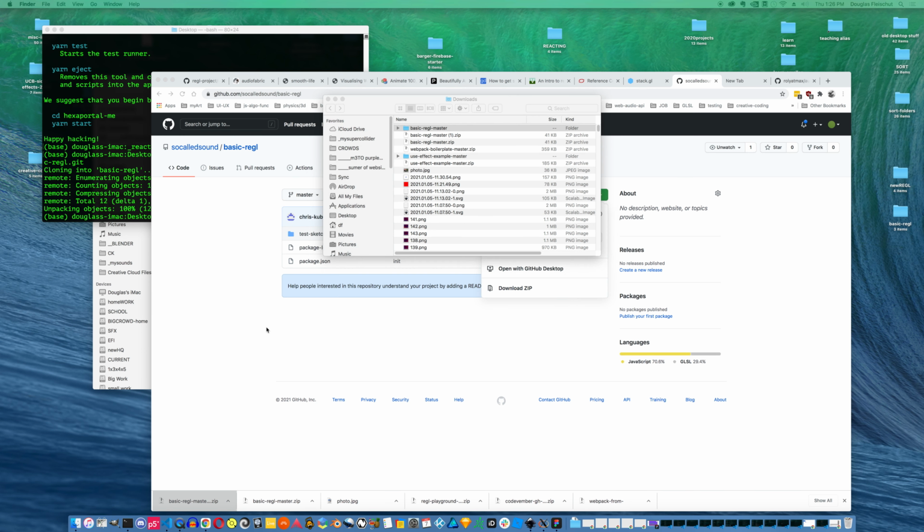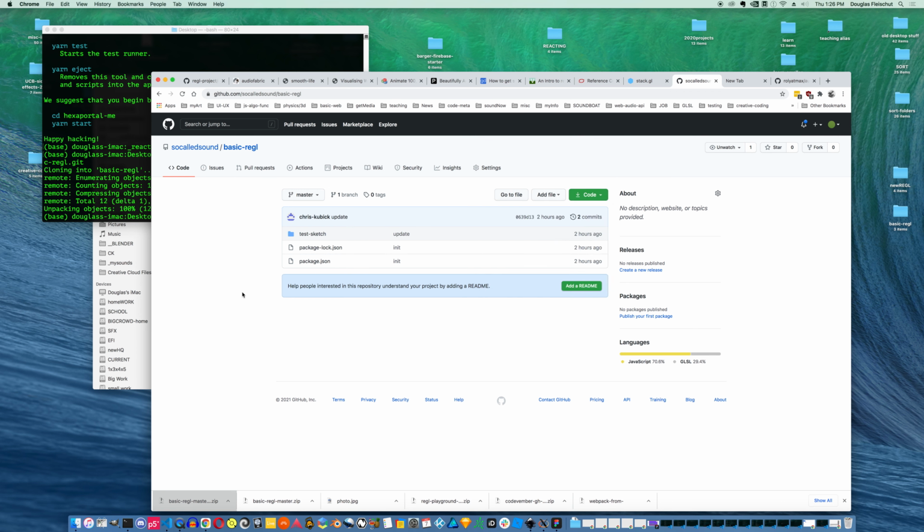Now, an important note, if you're going to be pushing changes to GitHub later on, you may want to fork this repository so that you end up with your own GitHub repo that you can push changes to. Or you could just start your own REGL project from scratch and set your remote origin in there. But for now, we're just going to look at this